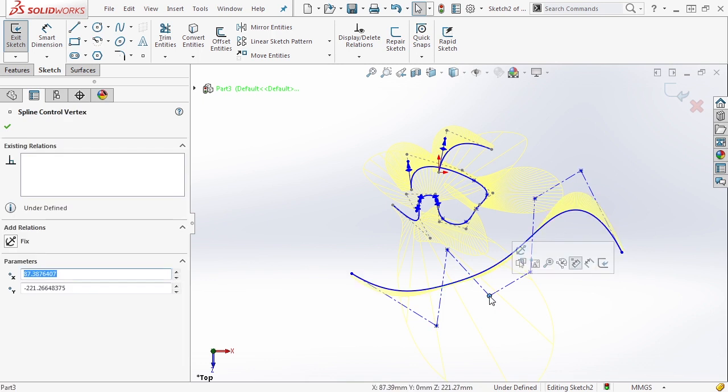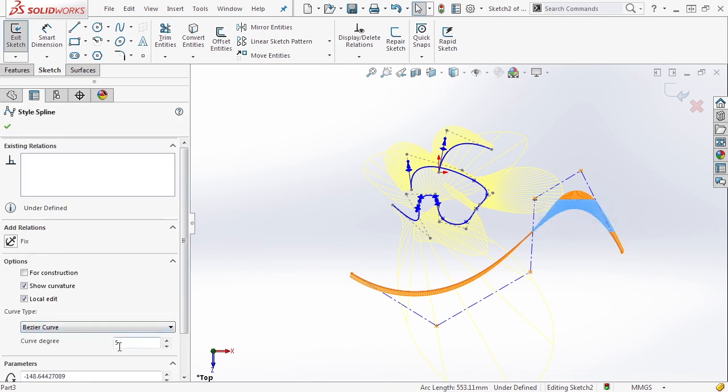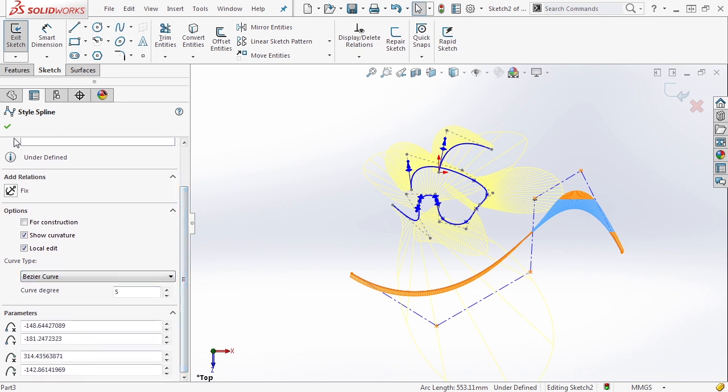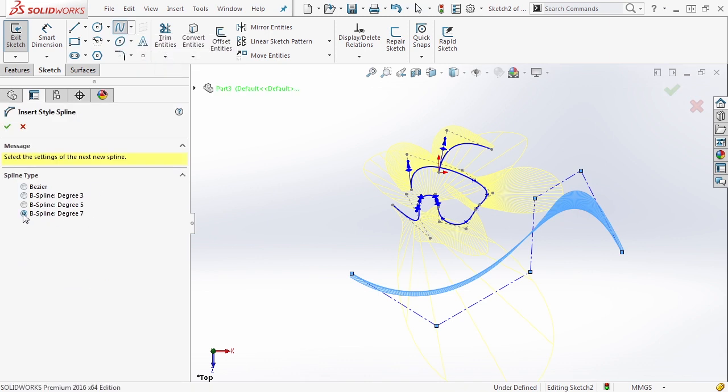If we select these endpoints and we delete them, it's reducing the number of control points that we have. And again, if we select the spline, you'll notice that now it's a curve of degree 5, and the dropdown no longer includes a B-spline of degree 7. If we say OK and we create a new one, let's go ahead and just by default select degree 7